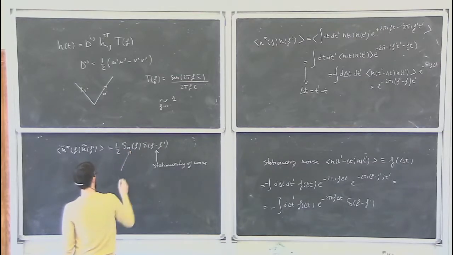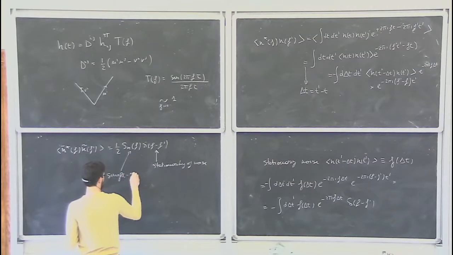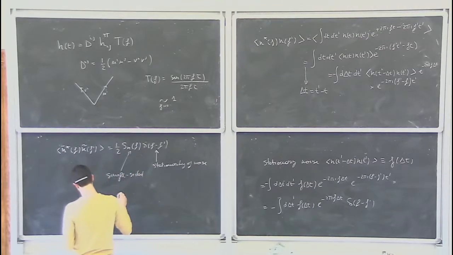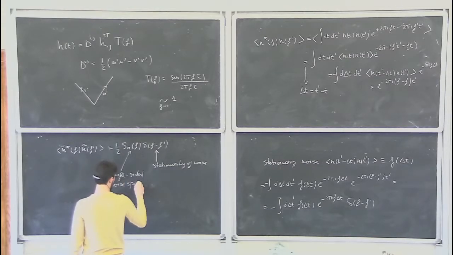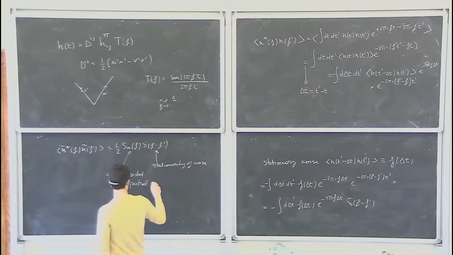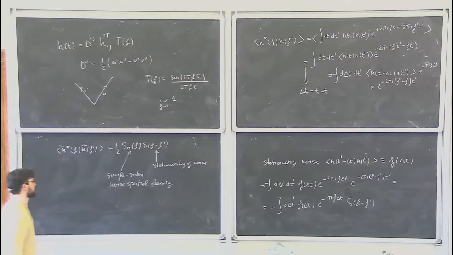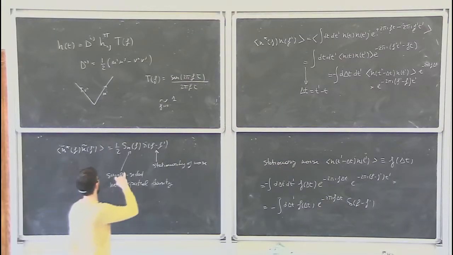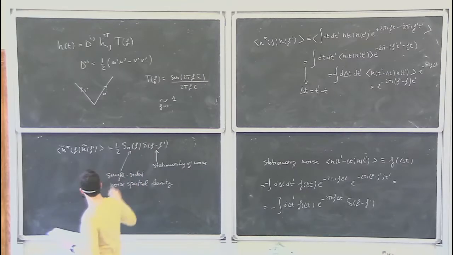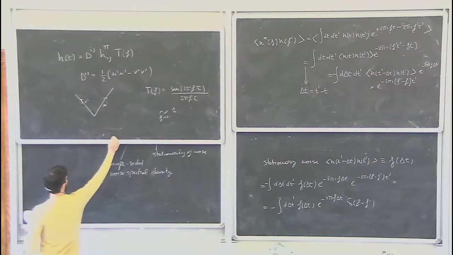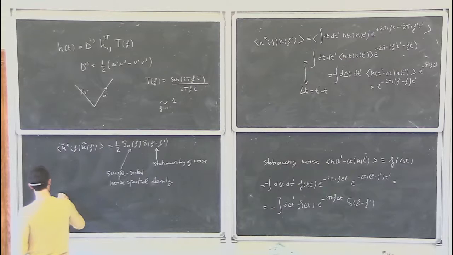whereas this here is what we sometimes call the sensitivity, but in more technical terms is what we call the single-sided noise spectral density. Why single-sided? Because we have a factor 1/2, and single-sided because if you then try to compute the average